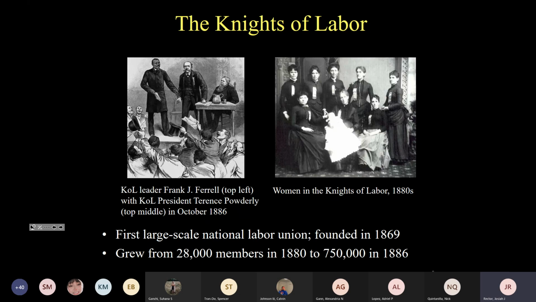Also, the Knights of Labor were open to African Americans, which had not been true of all unions prior to the 1870s and 1880s. In fact, there were about 60,000 African American members of the Knights of Labor by 1886. There's a famous case where one Knights of Labor leader from Brooklyn, New York, named Frank Farrell, who actually was a member of the General Executive Board of the Union, came to the Knights of Labor convention in Richmond, Virginia. But because he was black, he was denied admission to a hotel where the white members were staying. In response to Farrell being denied admission to the hotel, the Knights staged a rally in protest.